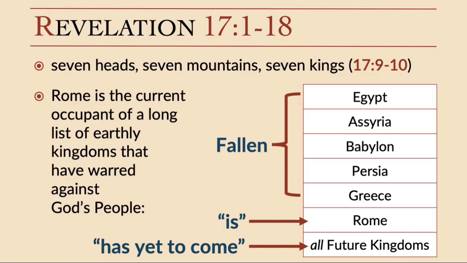I will tell you that I personally look at these 7 that you see on the screen. Where I am right now in my understanding of this text is that we're looking at the totality, that Rome is standing in the current position of all of these previous nations, and yet all the future ones are there as well, because the book of Revelation is talking to Christians in the first century, dealing with a Roman persecution. But the ultimate message is to every Christian who's going to live after that to take courage that whatever nation comes against God's people is not going to succeed.